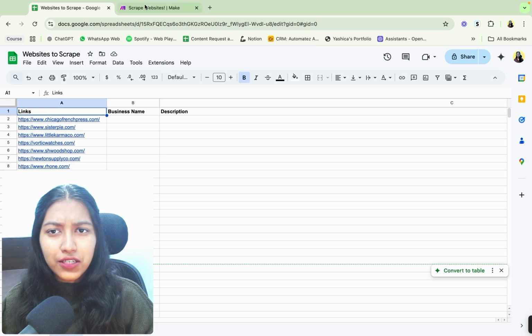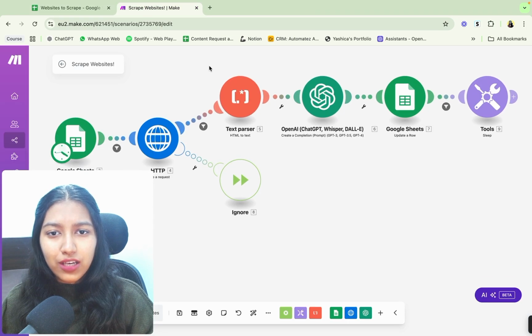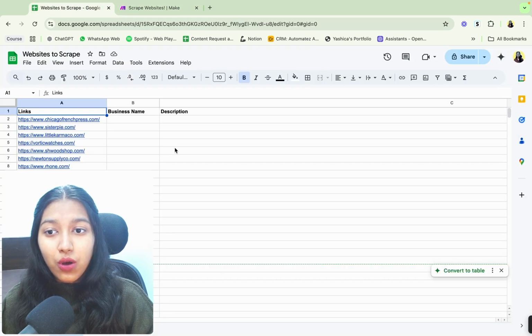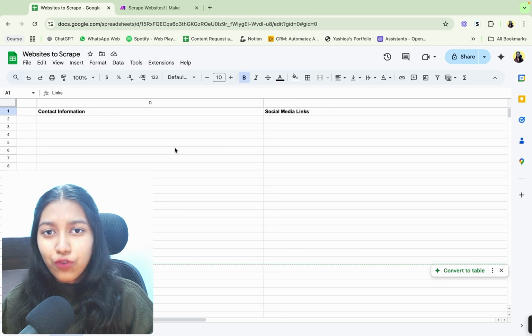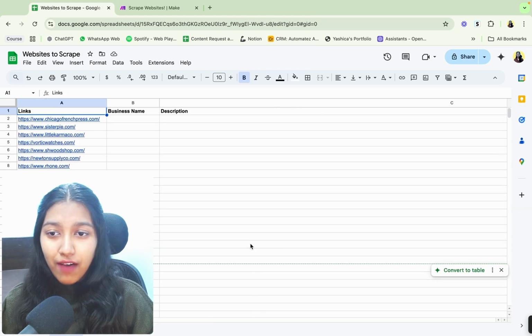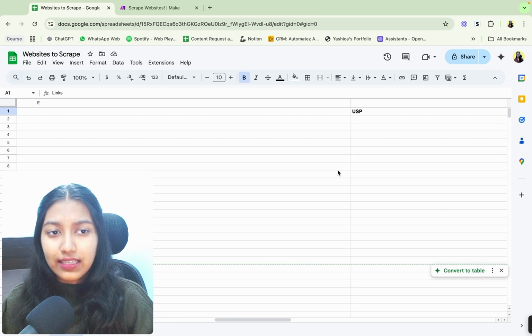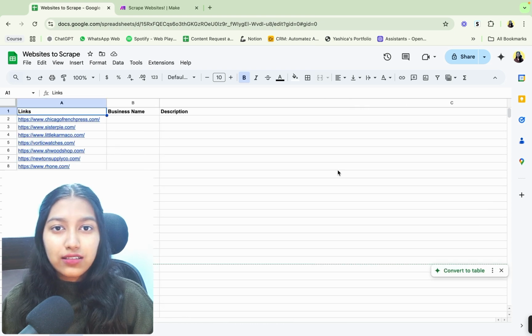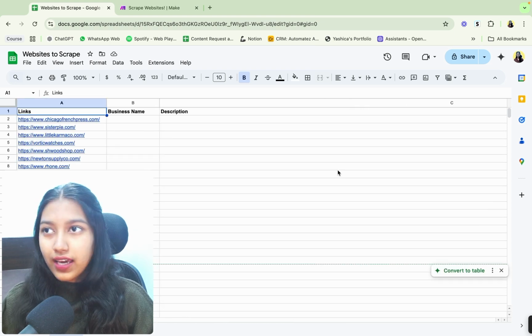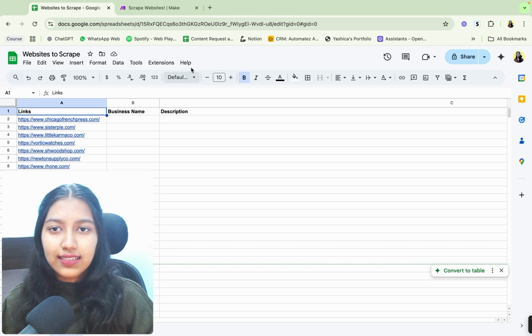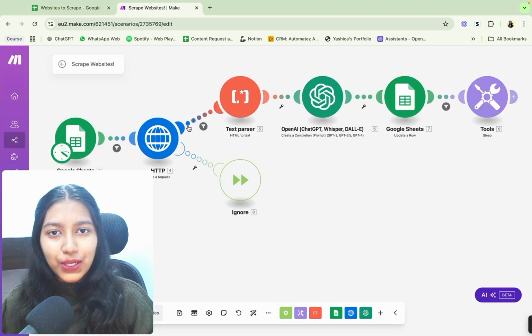minutes. You spend 30 minutes designing this simple automation, and this automation will scrape all of the details for you. It is going to use the power of AI to add in any descriptions or any other field that you want. Apart from that, it does not matter how many websites you have. It could be a list of thousands of websites, and this simple automation is going to take care of all